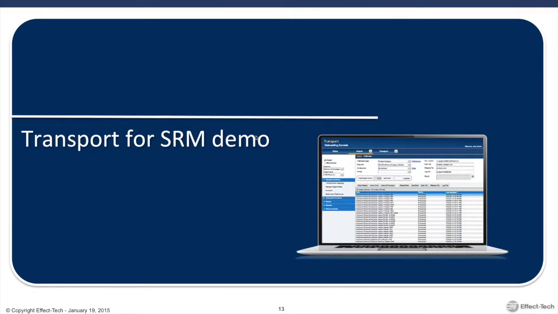So what I have today is a Transport 8x environment. I believe it's 8.1. Transport's installed. We're going to go ahead and load about 15 SRDs to show you how quickly I can load a select number of SRDs. We're going to load a change to one of those because the questions aren't correct, so we're going to load